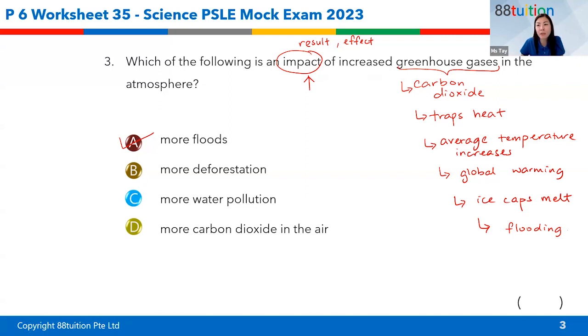Why can't we remove all the animals? So then where will they go, Wilma? When you remove all the animals, do you know the whole ecosystem will be affected? You know that? Because everything follows the food web, right? So there's a loss of habitat, loss of animals, and the food chain, food web will all be affected. Okay, you remove all these animals, you are removing food for a lot of people as well. True or not? And other organisms as well. So there will be an imbalance. More problems will arise.